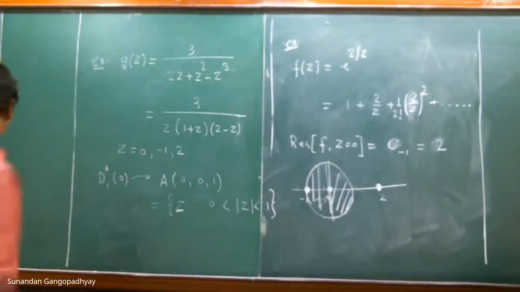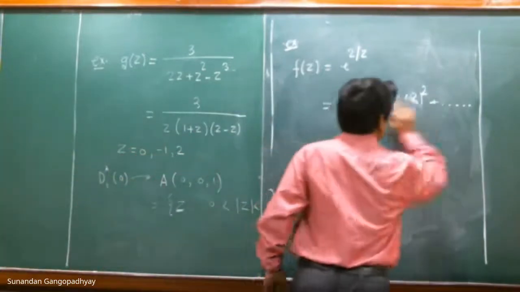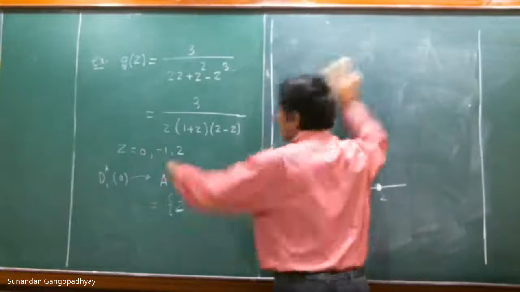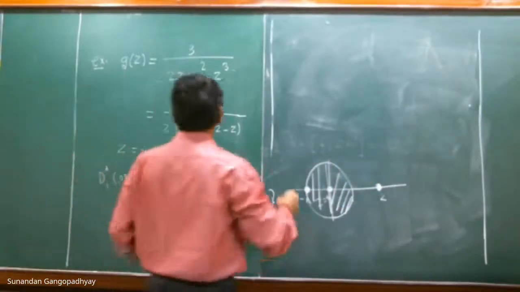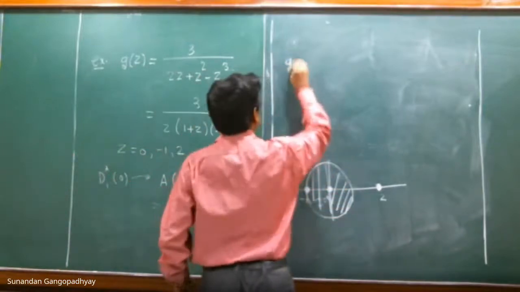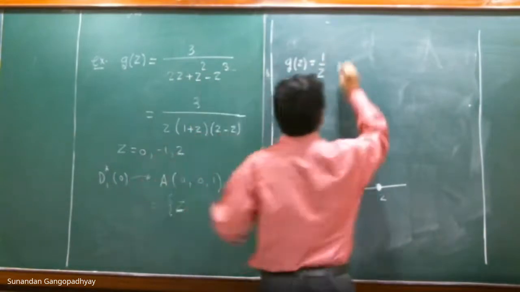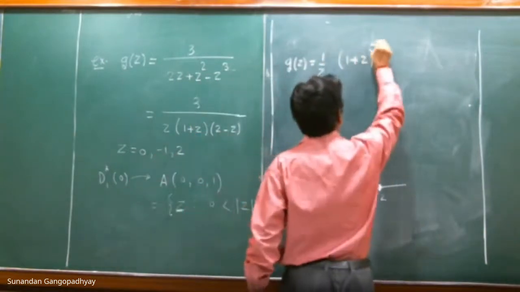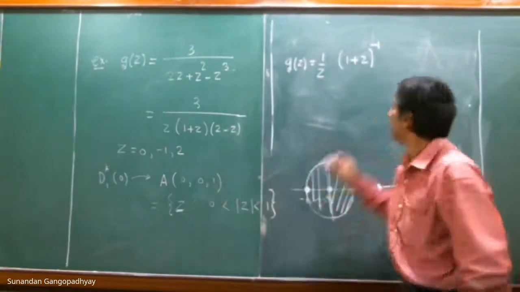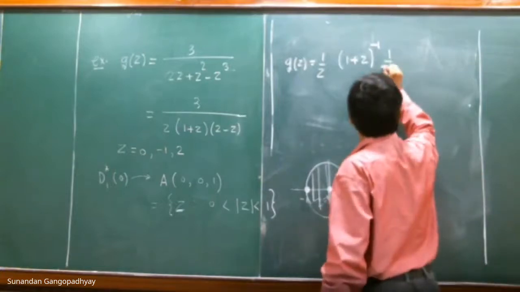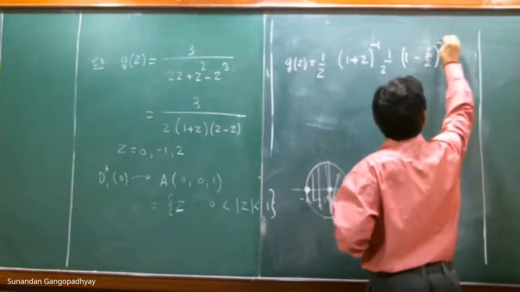How will you do it? It's quite simple. It's not difficult at all. So this is basically the example of finding out the Laurent series expansion. So g of z is 1 by z, times 1 plus z to the power of -1. And this, you can write in the following way. You can take a factor of 2 outside, then this will give us 1 minus z by 2 to the power of -1.